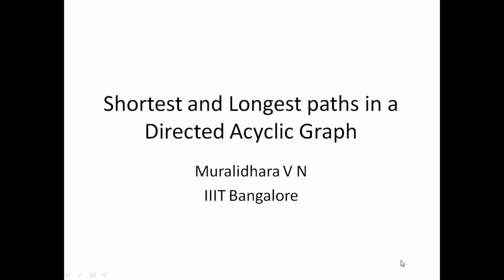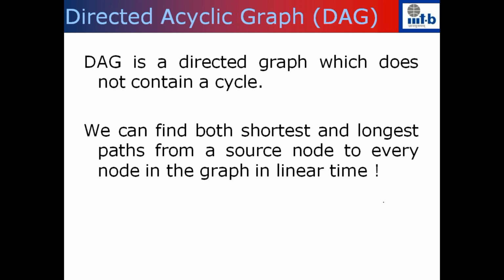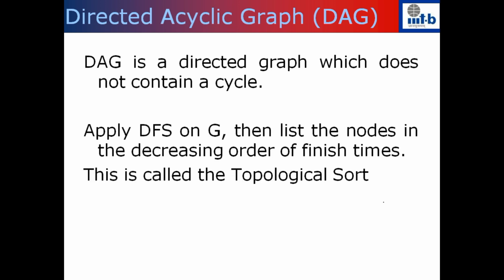In this video, we're going to study how to find the longest path and shortest paths from a source vertex to every vertex in a directed acyclic graph. Just to quickly recall, a DAG is a directed graph which does not contain a cycle, and we're going to find the shortest path and the longest path from a source vertex to every node in this DAG in linear time. Quickly, just to recap, the topological sort is